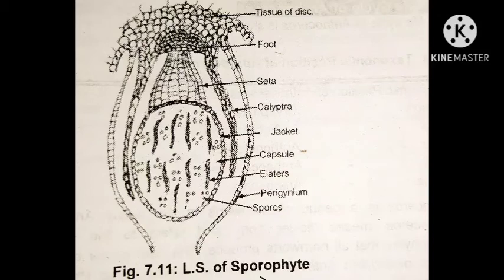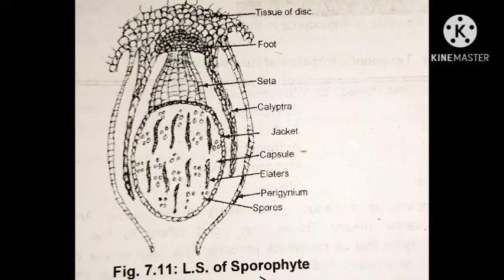After fertilization, the product of fertilization is an oospore that is diploid. That diploid oospore grows as an embryo, and then it is responsible for producing a sporophyte in the archegonium. The spores produced in the sporophyte come out after dehiscence of the sporophyte. They show germination, and they may grow as either a female or male thallus. In this way, sexually, Marchantia completes its life cycle.